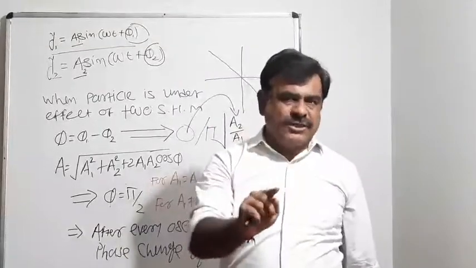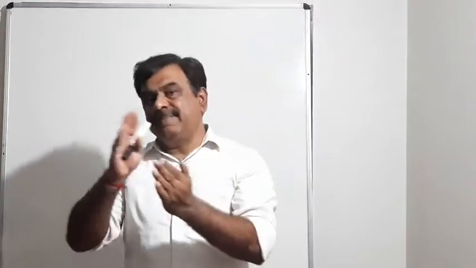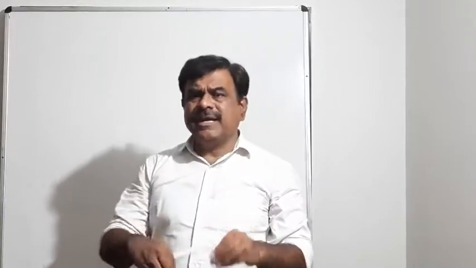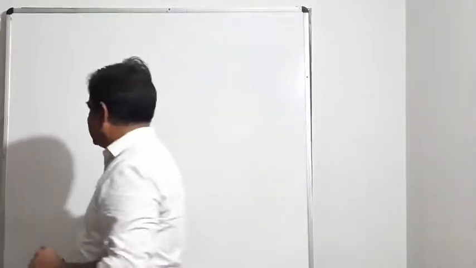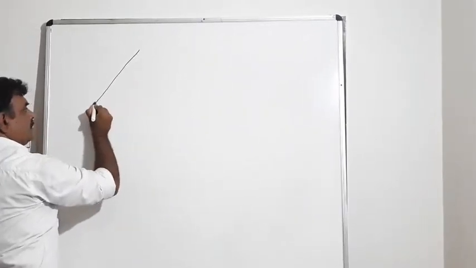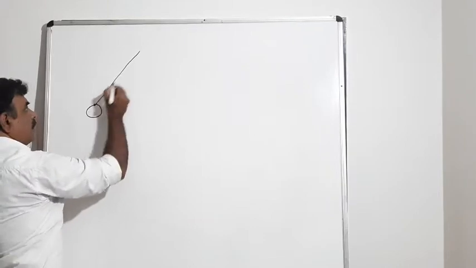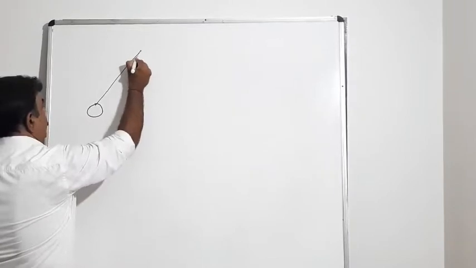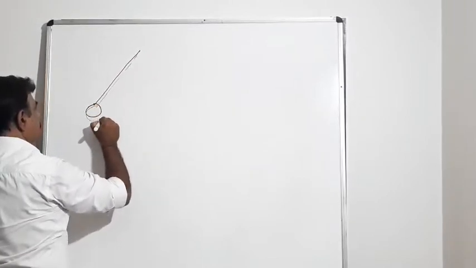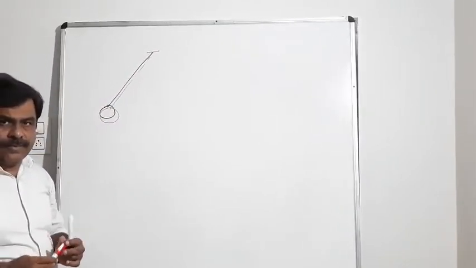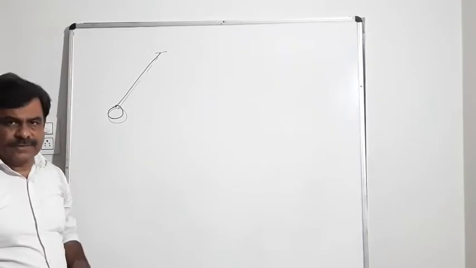Now there is an application of this point, that's why I have discussed it. What is the application of the change of phase by 2 pi? This question has also been asked very frequently. The concept is, let's say we have two different oscillators, for example simple pendulums, oscillator 1 and oscillator 2. Initially both start from the same point, or initially both are in phase.